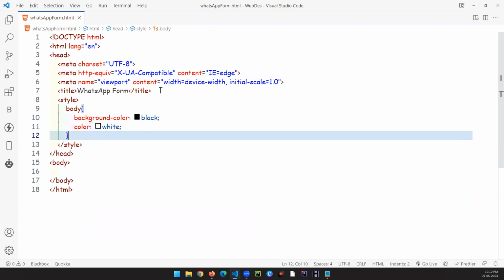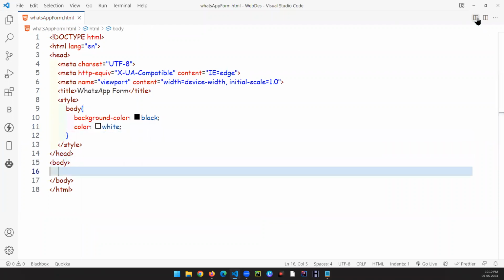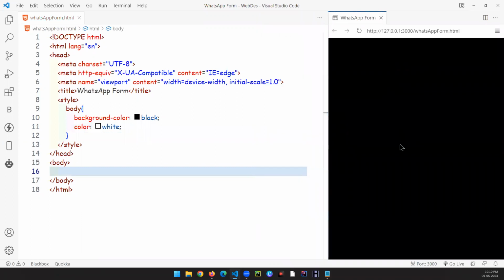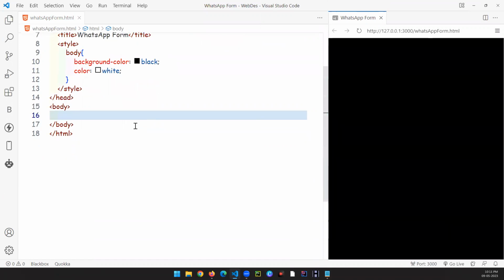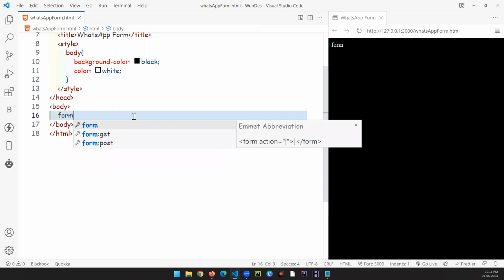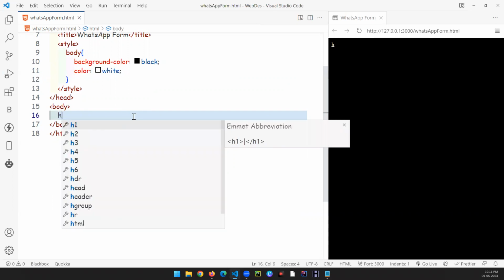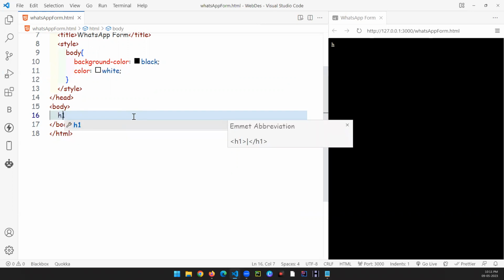Yeah, white. Okay, so now let's start with our live preview over here so that we get all the details on the screen. Okay, so first of all, what we are going to do over here, we are going to create, let's have one form tag over here, or what we can do, we can write something like H1 inquiry